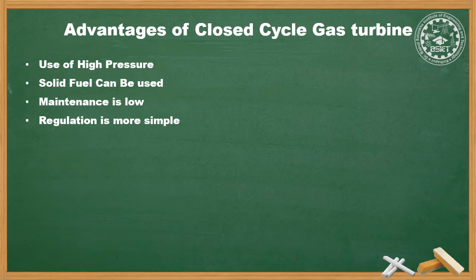So these are the advantages of the closed cycle gas turbine. Some of the disadvantages are that the weight of the system per kilowatt of developed power is high compared with the open cycle. Therefore, it is not economical for moving vehicles. A very large air heater is required compared to the combustion chamber used in the open cycle, because the heat transfer coefficient in the heat exchanger is low.